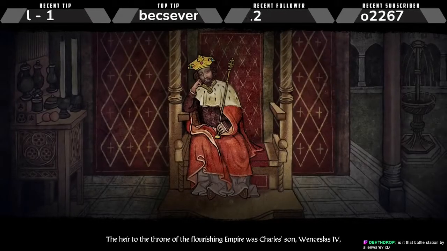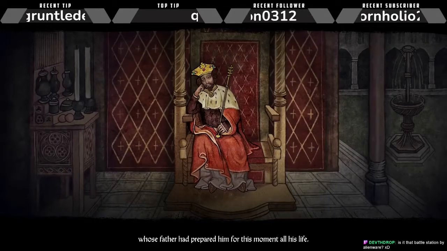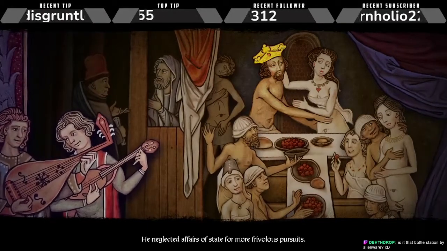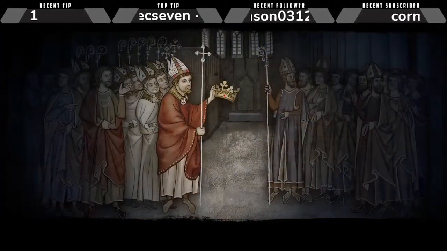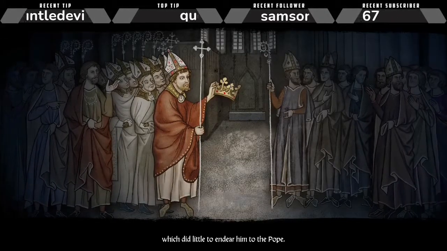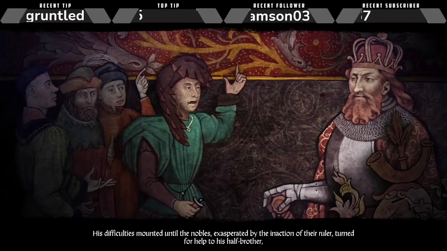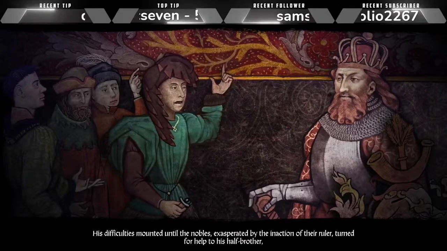The heir to the throne of the flourishing empire was Charles's son, Wenceslas IV, whose father had prepared him for this moment all his life. But Wenceslas did not take after his father. He neglected affairs of state for more frivolous pursuits. He even failed to turn up for his own coronation as emperor. Really? Wow. Wenceslas the Idle did not impress the imperial nobility either. His difficulties mounted until the nobles, exasperated by the inaction of their ruler, turned for help to his half-brother, King